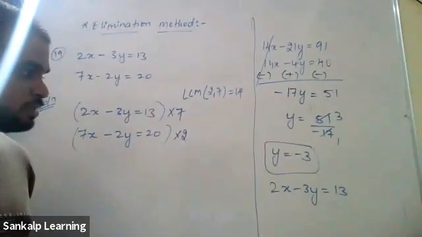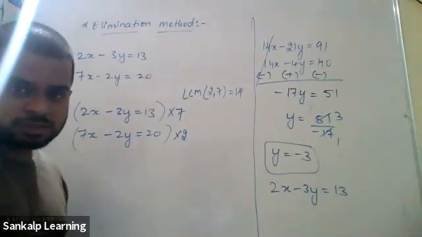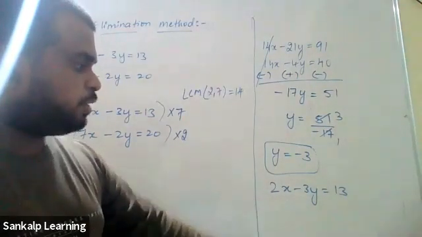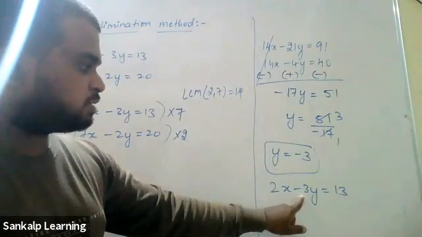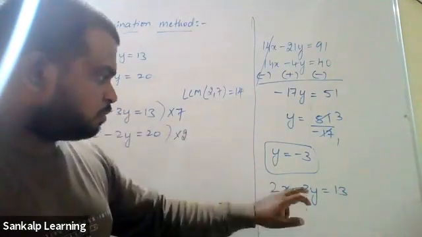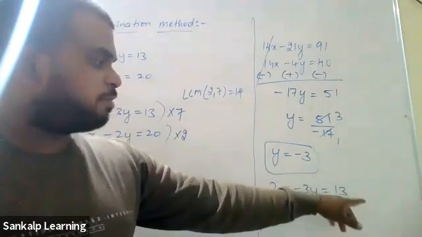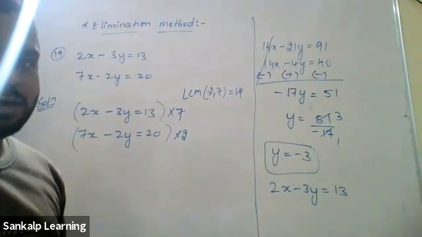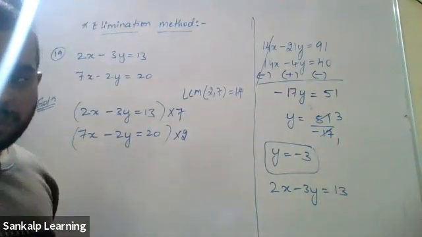x is 11. Okay, let's just check it. No, x is not 11. Madhura, check it. It should be 2, I guess. Minus 3 into minus 3 is 9. Plus 9, sorry, plus 9 goes that side, will become minus 9. 13 minus 9 is 4. 2x is equal to 4. x is equal to 2. Check it out, Madhura.